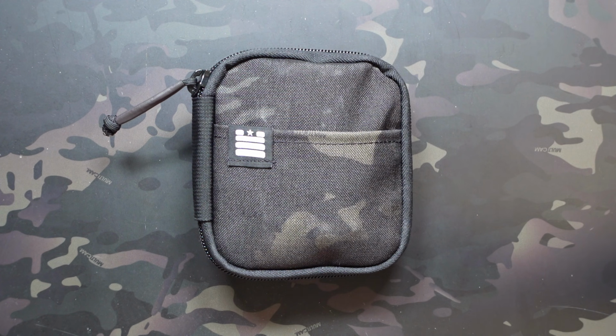Now, a big question a lot of fans of Garage Built Gear are going to have is, how does the XL compare in size to the Mighty and even the Mightier Pouch? Because this is the newest pouch in the series. It's been around for a little bit, but not all that long, so I know that was a question I had, so I made sure to grab one of each of those pouches from my collection